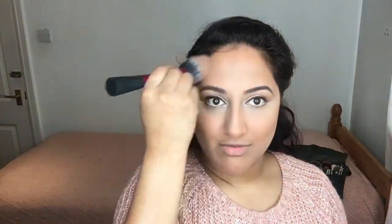So then to finish off my face, I'm first taking my Kat Von D bronzer in the shade Shady Business 2, and it looks something like this. It does have shimmer particles in it, and I personally would have preferred if it was a matte finish, but nonetheless it's still a really good product. So I'm just taking my Real Techniques brush and just really lightly applying it into the hollows of my cheek. My forehead, just a tiny bit, run it along my jawline,